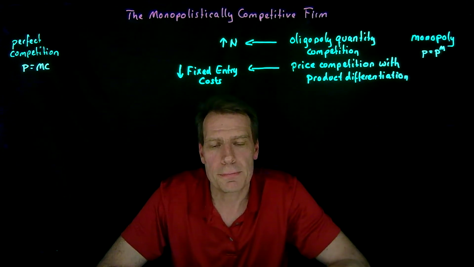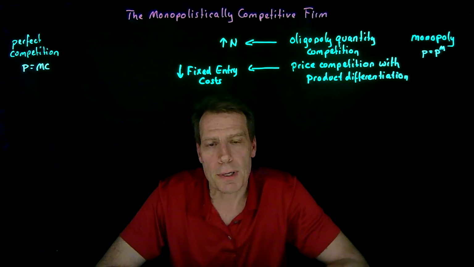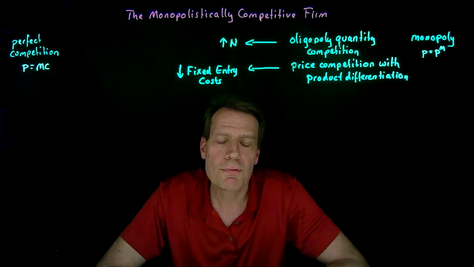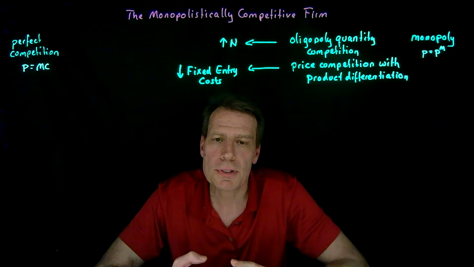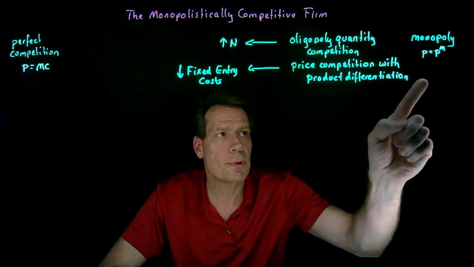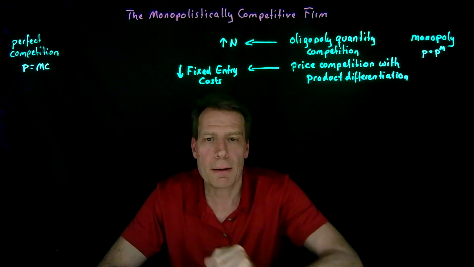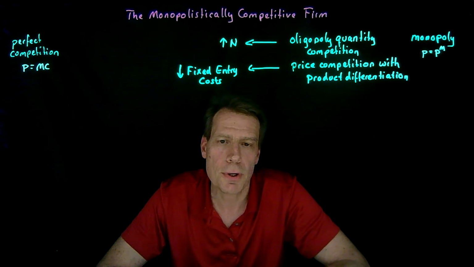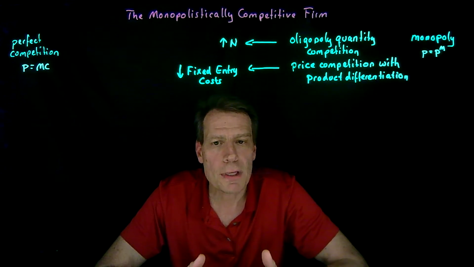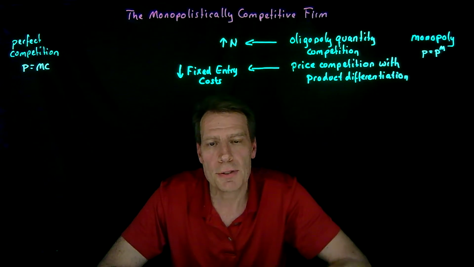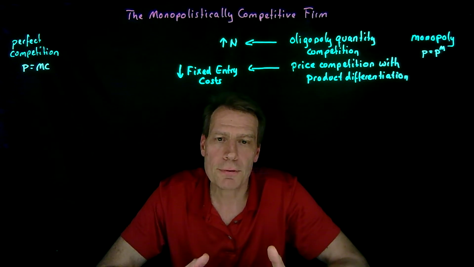We then thought of a second way of filling the gap, and that is by thinking about price competition. But when we first thought about price competition in an oligopoly, in the Bertrand model, we found that price competition was so fierce that as soon as there was a second firm, we jumped from monopoly straight to perfect competition and price being equal to marginal cost. But then when we introduced product differentiation, we found that product differentiation softens that price competition.